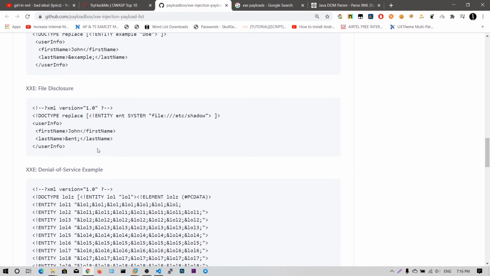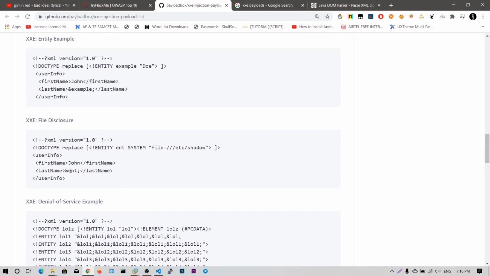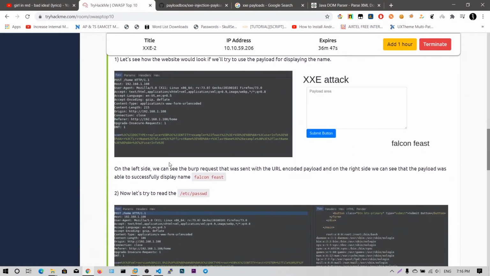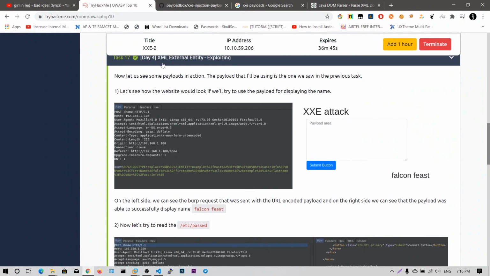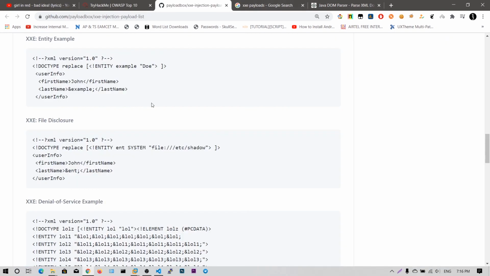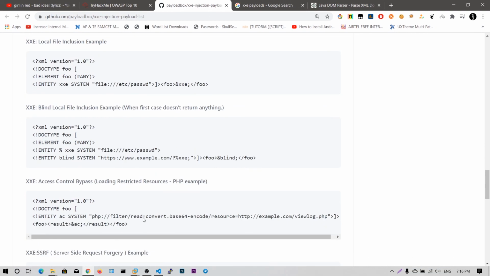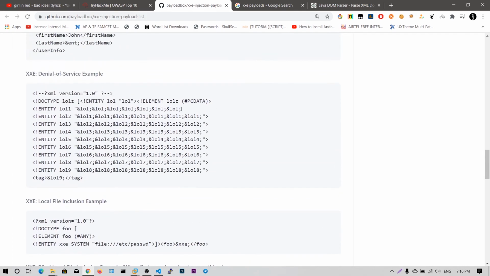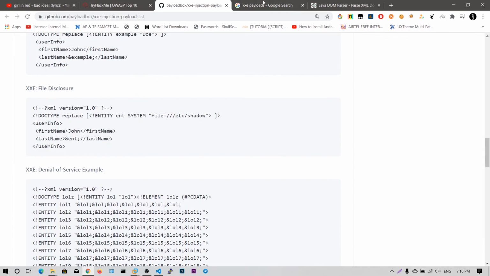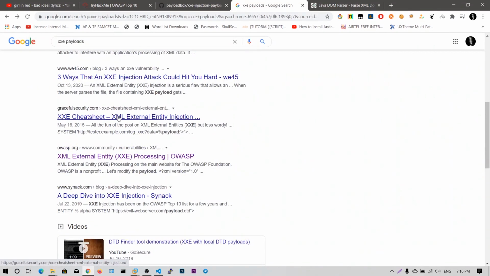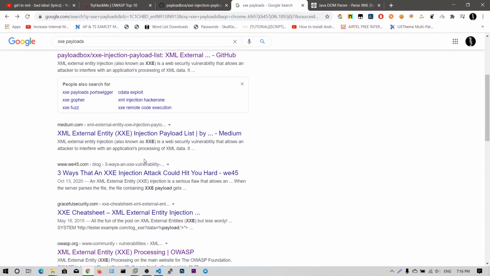Whenever that is read by the XML parser, it will read the system file and the contents will be displayed. I hope you have understood. This is all you need to know about the XML external entity attack. I also advise you to check all these payloads and perform denial of service and LFI, local file inclusion, etc. You can also search Google for other XXE payloads.